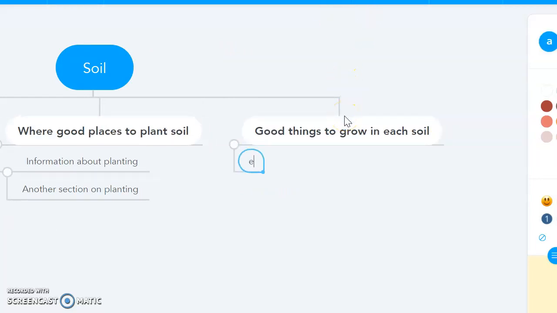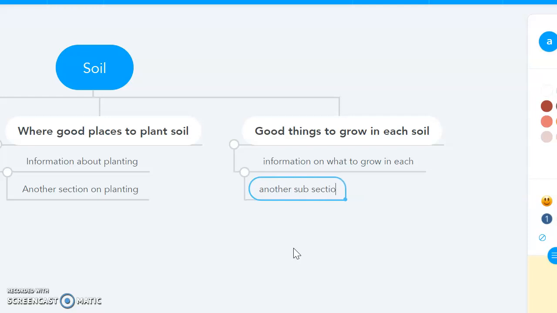So you can have information on what to grow in each. We can do another subsection on growing in each different